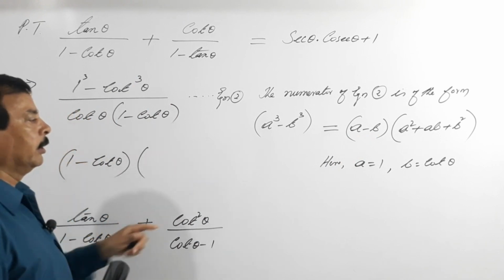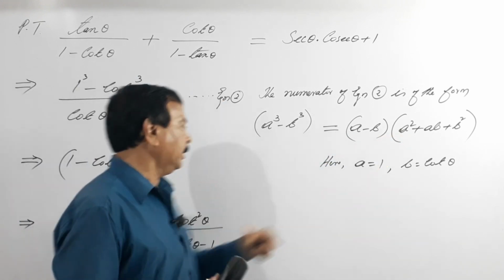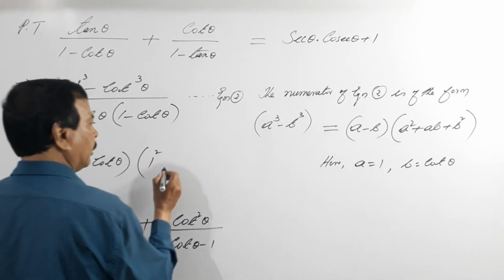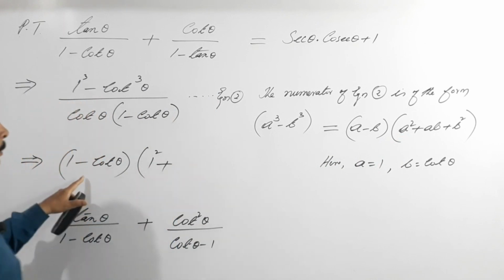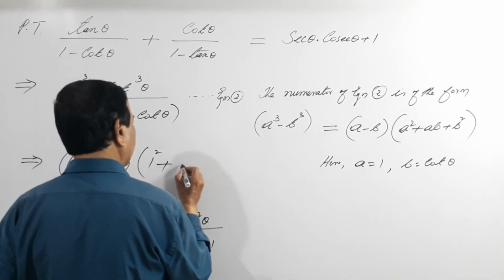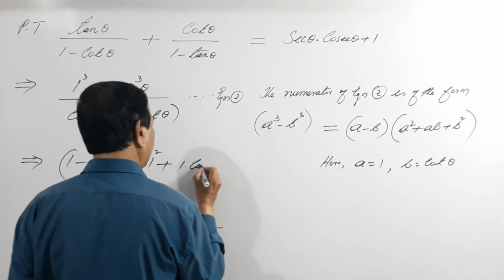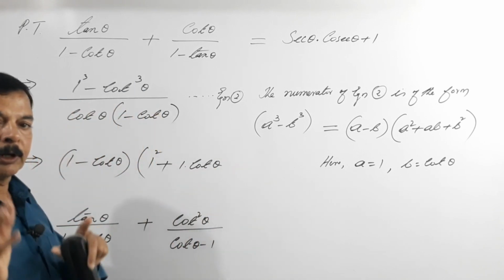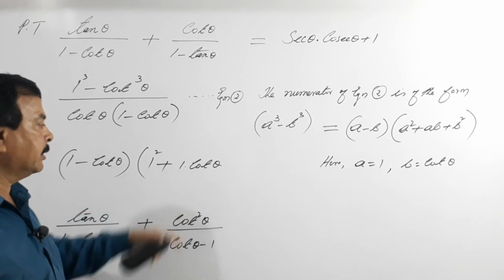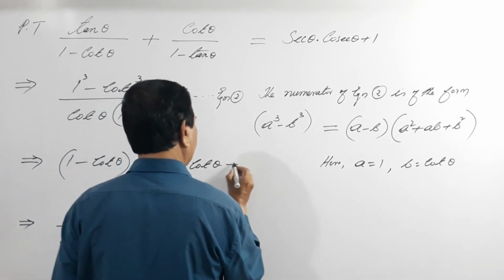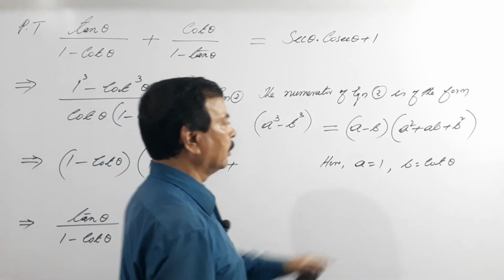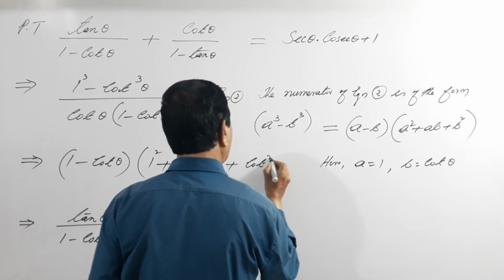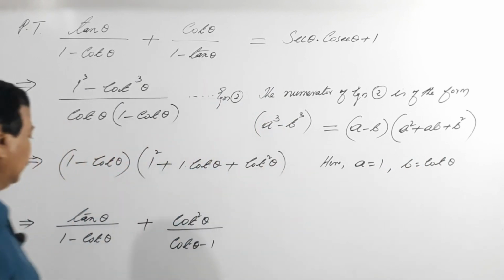Into A square. A square is 1 square, plus AB. AB is what? 1 into, I did not have to write 1 into all this, but anyway I don't want you to get confused. For that reason I have written this cot theta, plus B square, that is cot square theta, plus